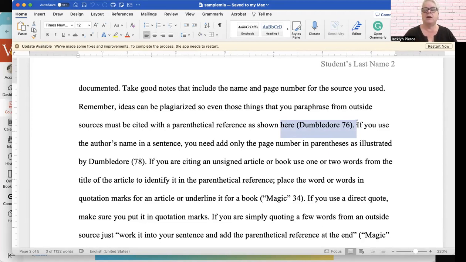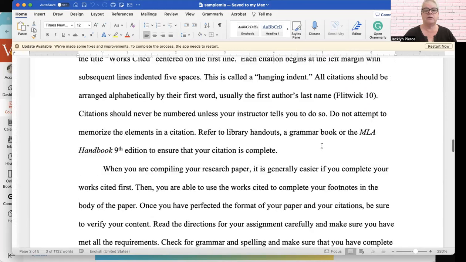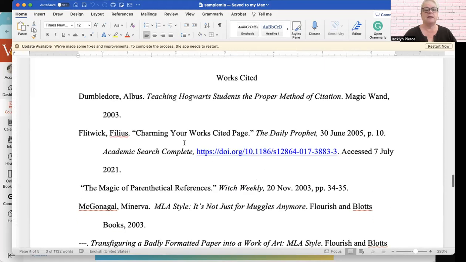Now, what does this mean? Well, if we scroll down to the works cited list, it happens to be the first one. The order of a works cited list is always alphabetical. It is not in the order that they appear in the paper, although this one does happen to be the first one that appeared in the paper as well. But one of the reasons you need to do your works cited list before you do anything else is we need this information to know what goes in the in-text citation, because it's always going to match what comes first.